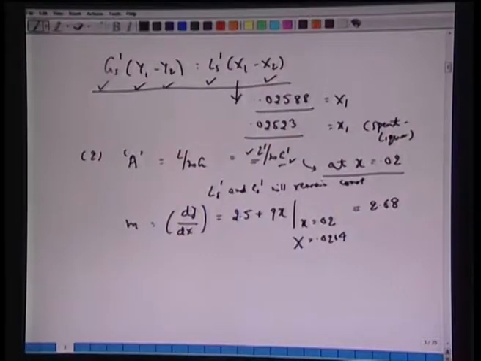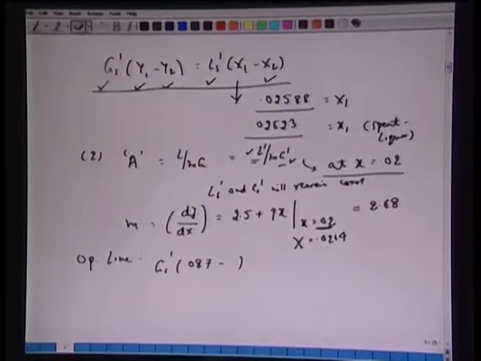So, now we have to get L and G. For this we require Y, the mole fraction corresponding to this 0.02. We make use of the operating line equation again. We have Gs prime (0.087 minus Y). So, this is y2 here, or this is y1 actually. So, capital Y1